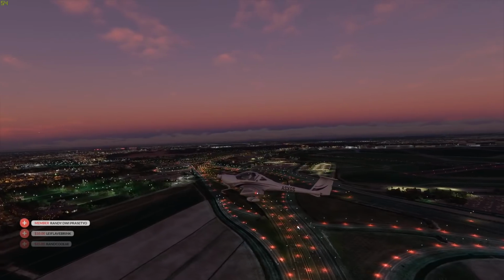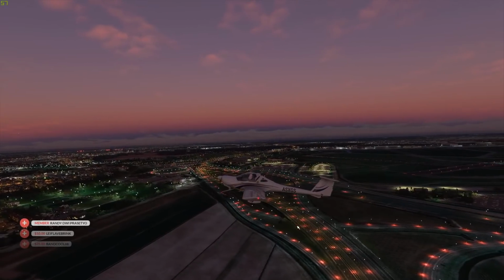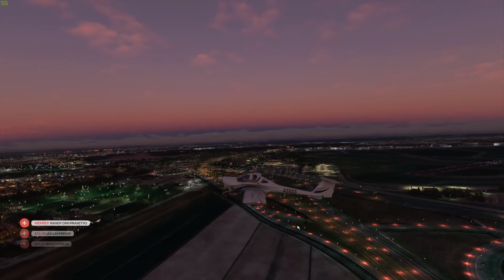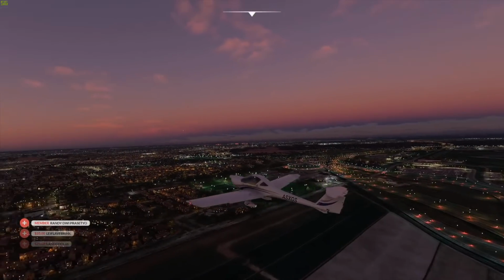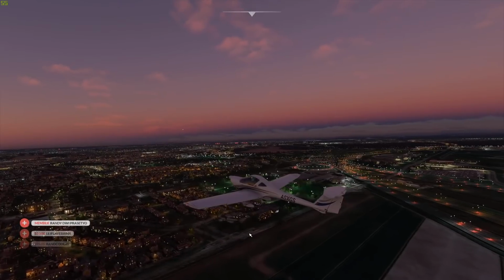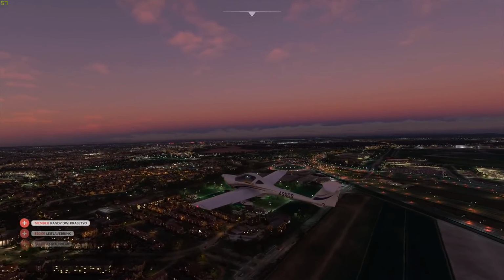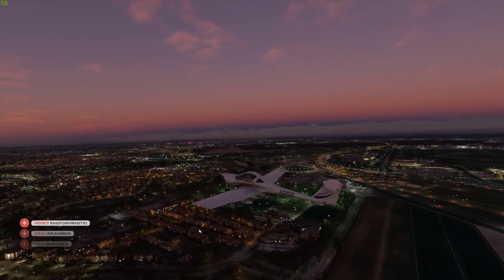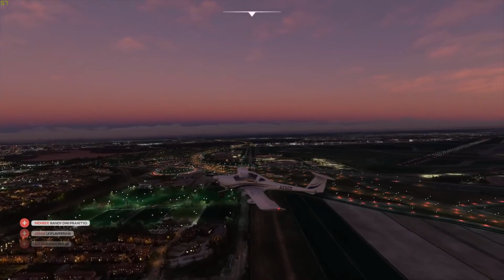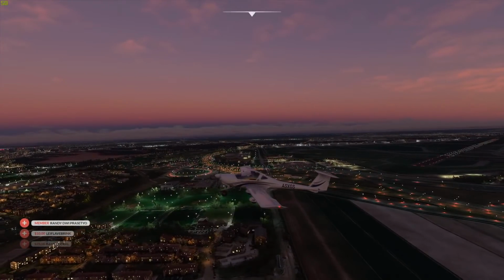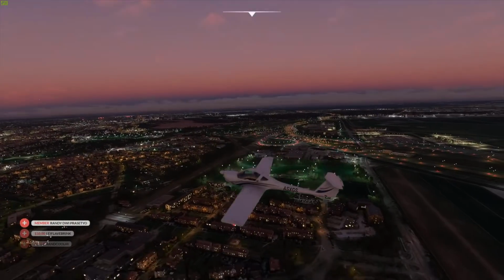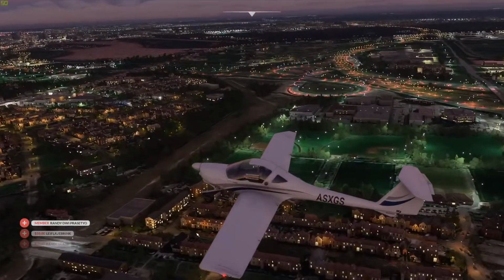What do you guys think? Outstanding, isn't it? So does this look like anything like Amsterdam? I mean, I don't know. I've been there once, but I'm not sure if this looks anything like real life, unless somebody would tell us. So let me zoom in here maybe